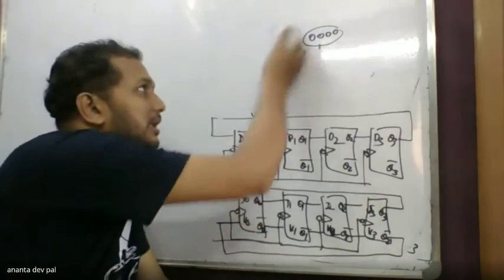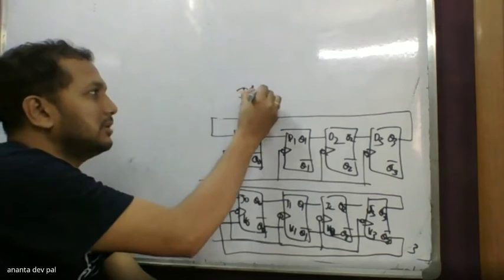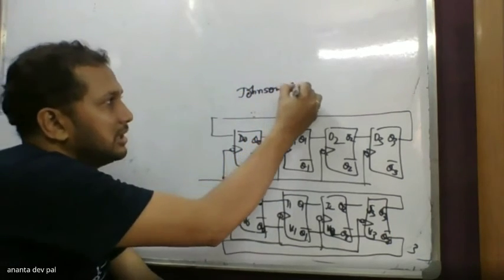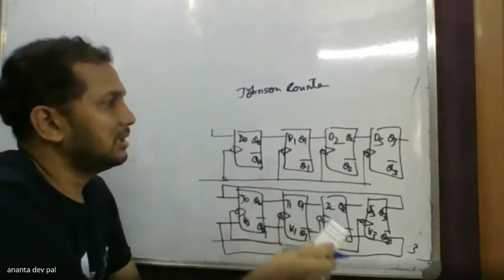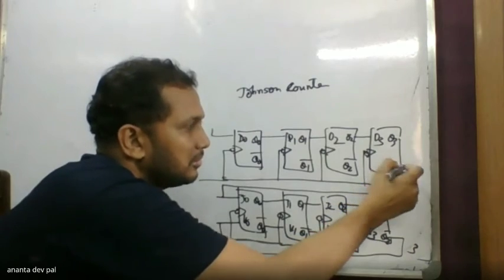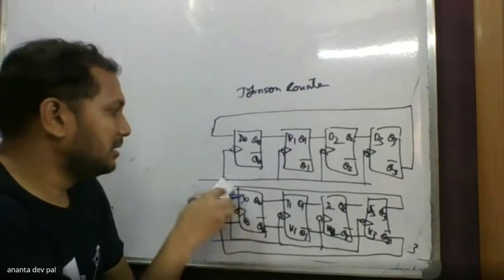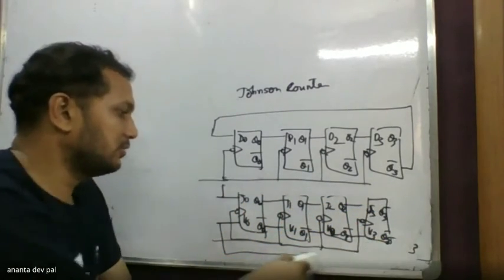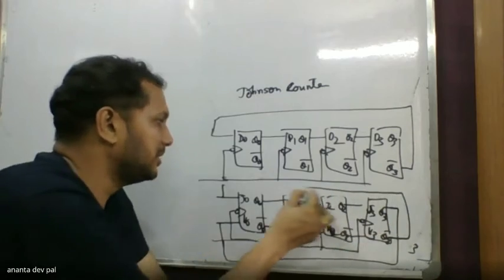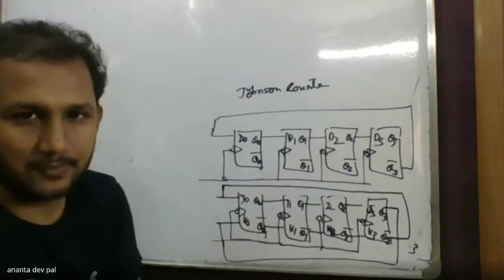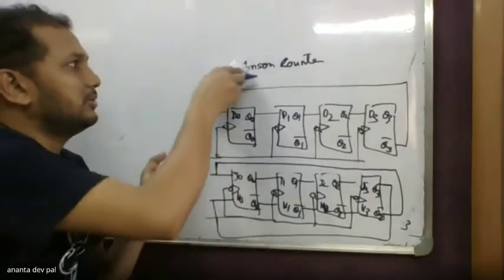Now the Johnson counter. Johnson counter is a twisted ring counter. You can design a Johnson counter from the ring counter also. In the same way you can design it with the help of D, but the basic idea is the inverted copy of Q3. The last inverted output is transferred to the start of the twisted ring, and the basic concept is the same. Similarly, using JK, you can design this also. This copy is transferred to zero, and the bar copy is transferred to the twist. The ring is twisted here. So that's why it is called a twisted ring counter.